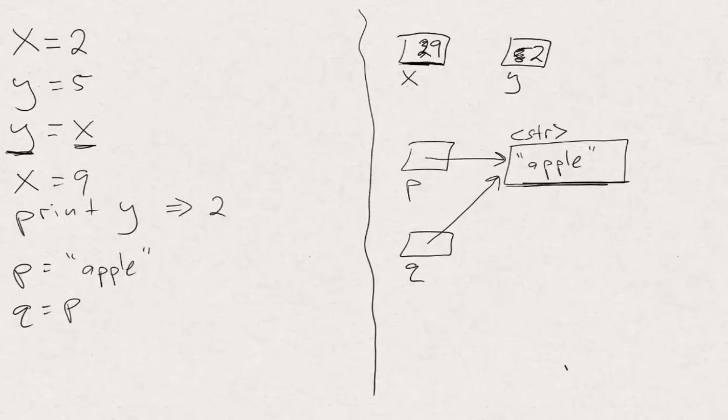Now this is a little bit tricky because suppose p were to now go modify apple, then q's version of that string would change, and that would be bad news, right? Q is supposed to have apple. Suppose p got changed to a pear. Well, let's see what happens. If you set p equal to a pear,